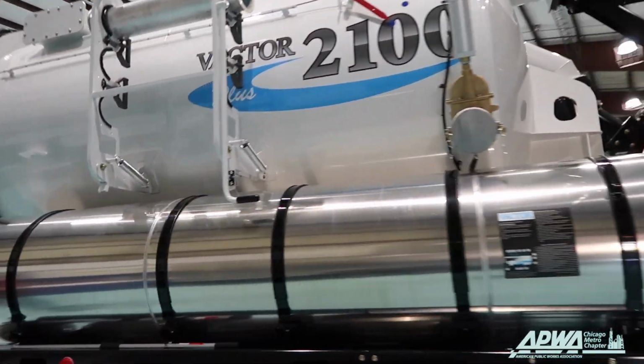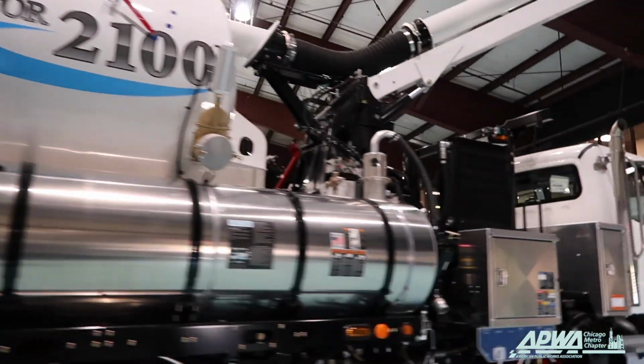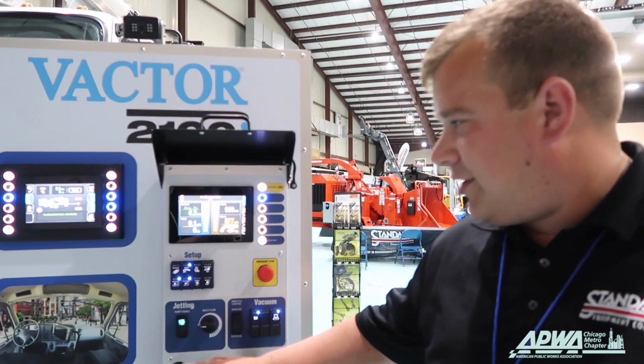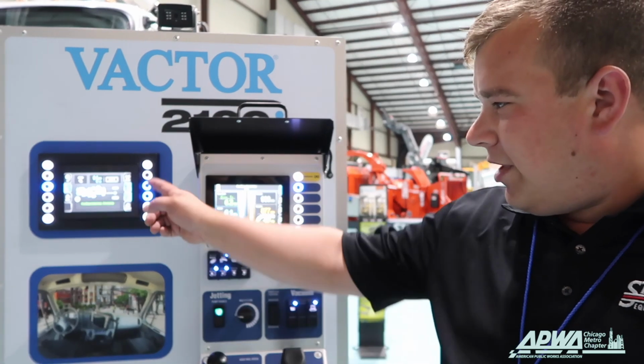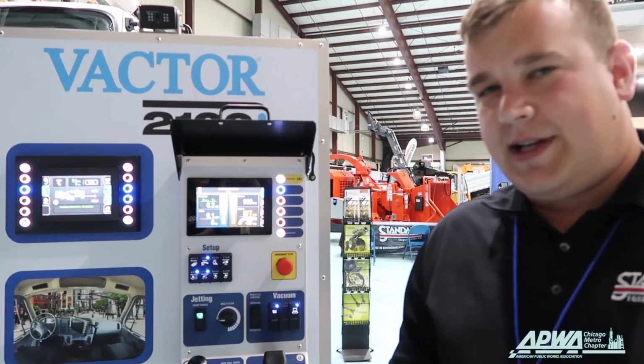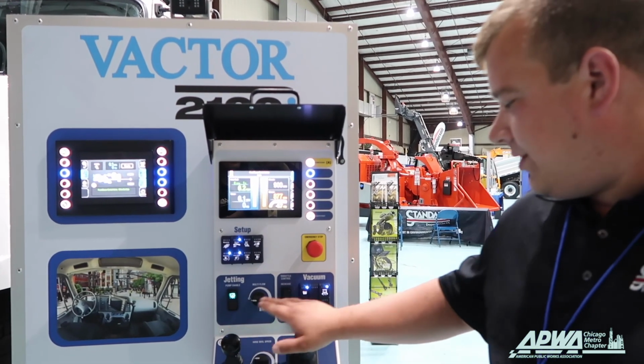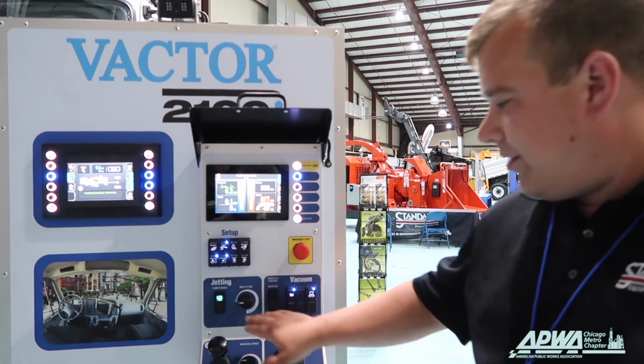Single engine design is a big one. You're saving fuel cost and maintenance compared to the old setup with two engines, where we had a John Deere engine. With single touch, inside the cab you hit one button and it turns on your vacuum system without going through any complicated processes or procedures. On the front end, new ergonomic controls, single touch to turn on your vacuum, single touch for your jetting,